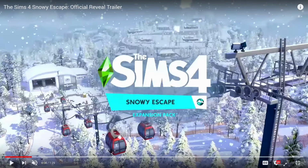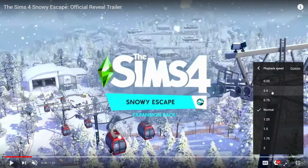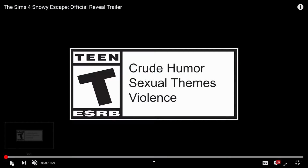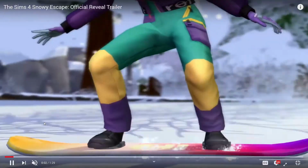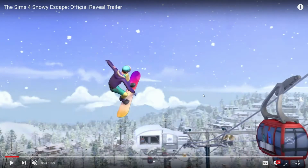So I was so excited when I saw that not only was this an Asian inspired world, this is very Japanese inspired with a lot of the items and things that we're gonna see. But before I ramble on too much, I am going to slow this down to about half and we will go back, and I'm gonna be pausing a lot. I apologize. So this is not the best way to watch the trailer, but immediately we can see the ski